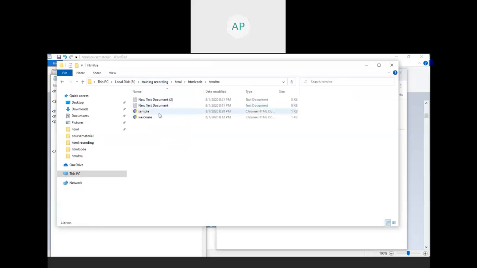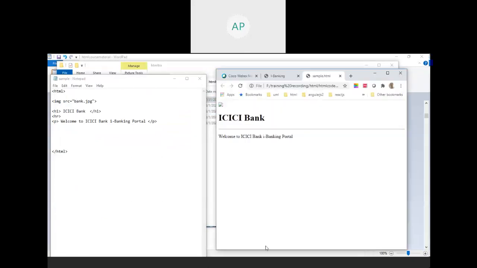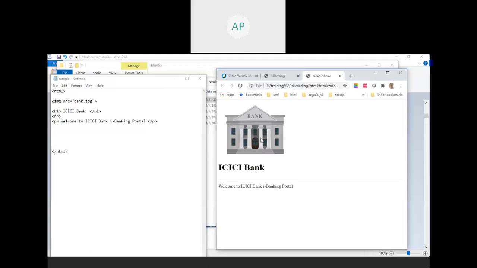There is no image here, so I am adding the image. Now Control S. Let me go here and refresh. I got this image. This image is somewhat bigger in size.